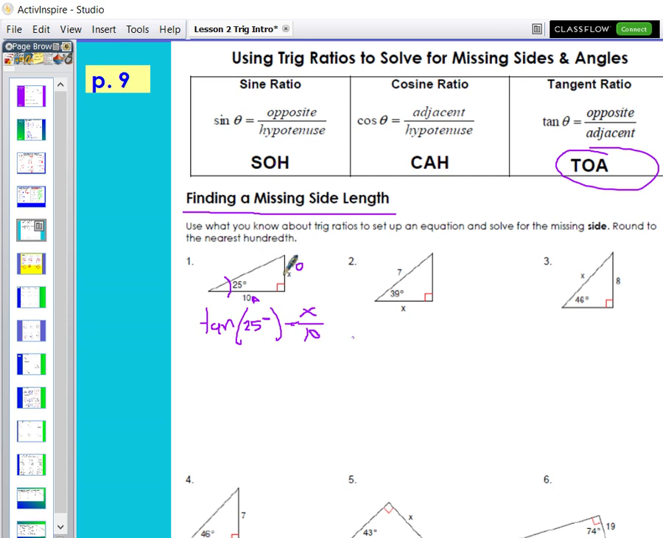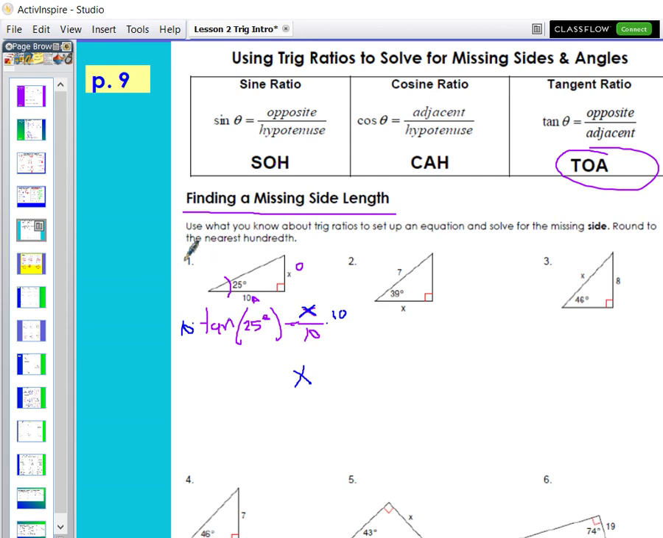Okay, I'm going to see if I can get closer. No, I can't. Okay. Sorry for my sloppy handwriting. Okay, so tangent of 25 degrees equals x over 10. This is a statement. We have one unknown, so we want to solve for x. In order to get x by itself, this is being divided by 10, so we're just going to multiply by 10 on both sides. Times 10 on both sides, and we get x is equal to 10 tangent of 25